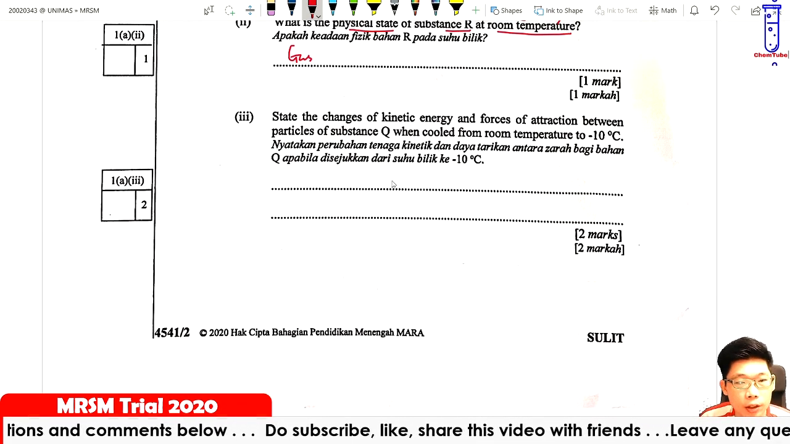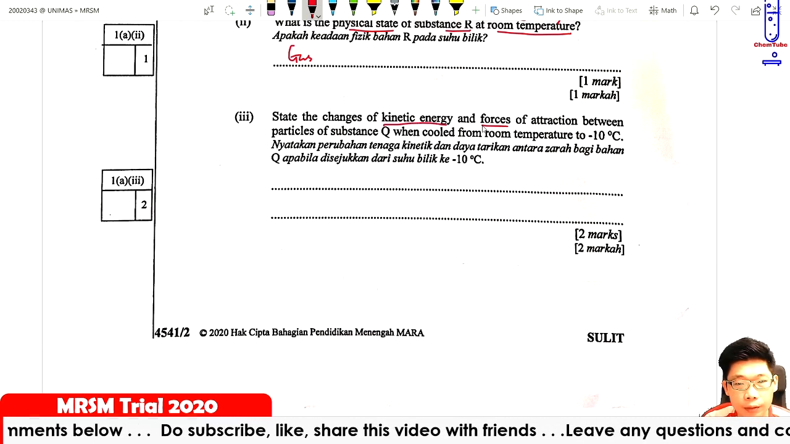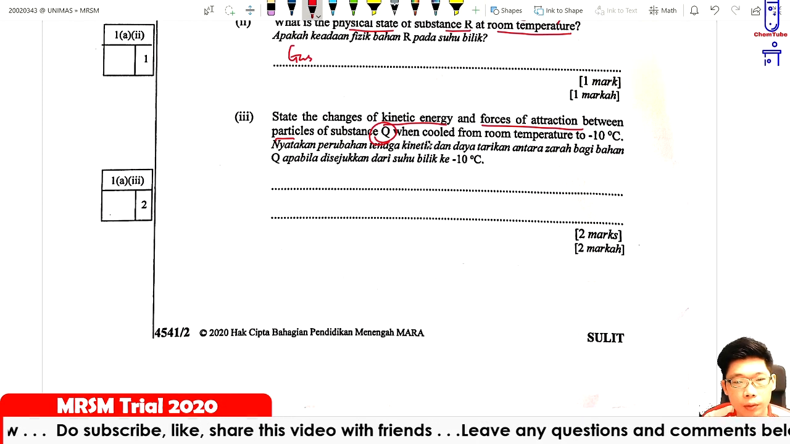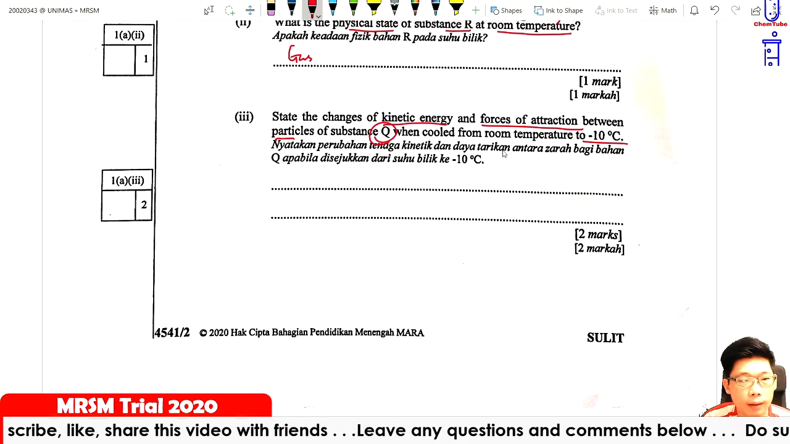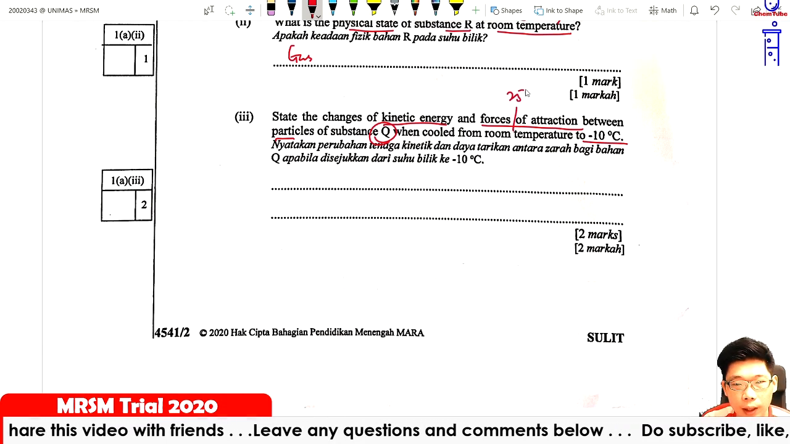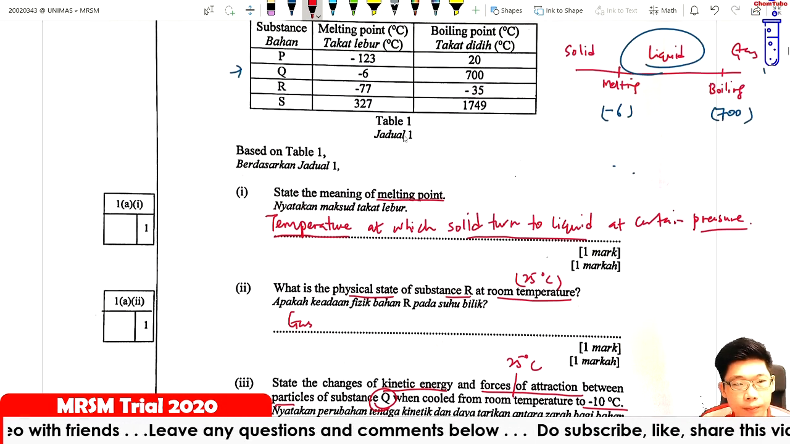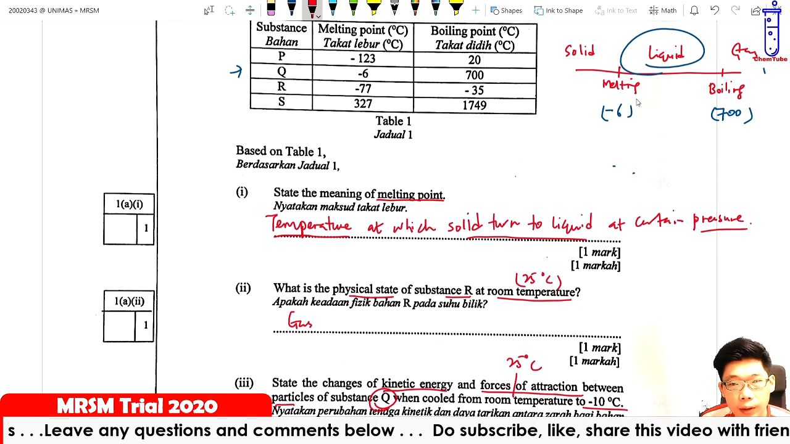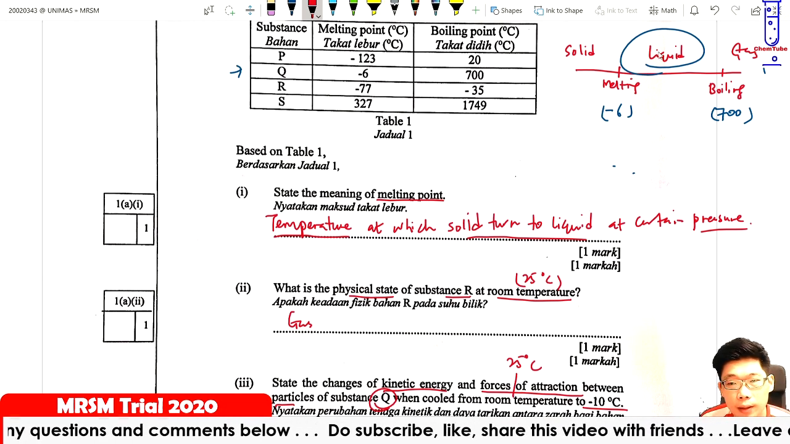State the change of the kinetic energy and the force of attraction between the particles of Q when cooled from room temperature to negative 10. Again, room temperature is 25 degrees Celsius. So we look at Q here. Q just now was in the liquid form. Change to negative 10, so meaning that